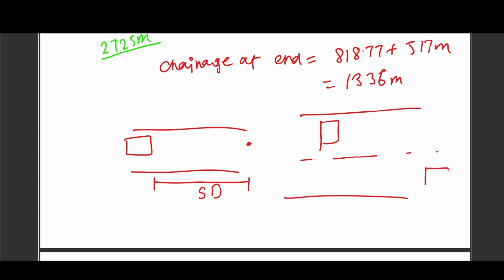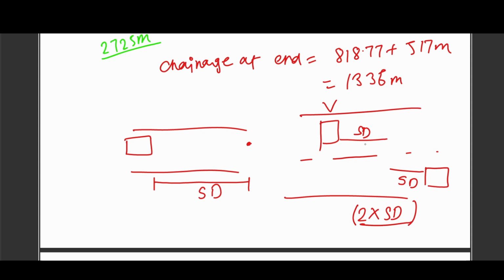lane traffic and another vehicle is coming here. This other vehicle will also be seeing my vehicle and I'll also be seeing the other vehicle. So my stopping sight distance will be SD and his stopping sight distance will be SD. So I have to multiply this SD by 2. Let me be clear, if they are moving with the same design speed, same velocity, then we'll be doing 2